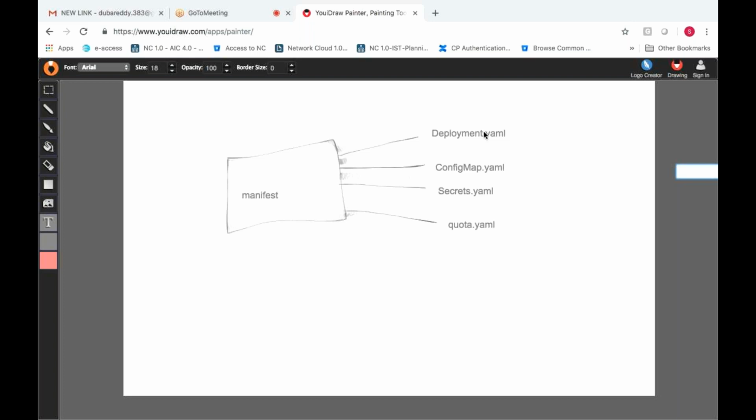Those are called Helm charts. In order to deploy the Helm charts, there are two tools, Helm and Tiller. If you want to deploy, there is a tool called Helm.